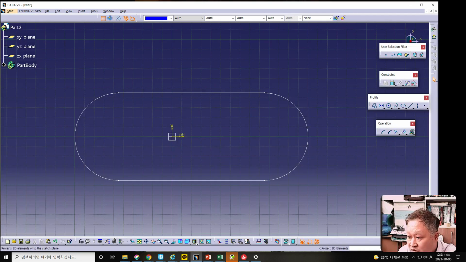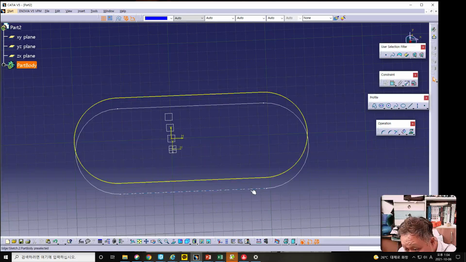In this time we should click this one. This one is placed in the operation icon, and it is called project 3D element maybe. If you select this one, a new element should be made from the operation. This is a 3D sketch reflecting the previously generated sketch, and in this case we should select the offset button